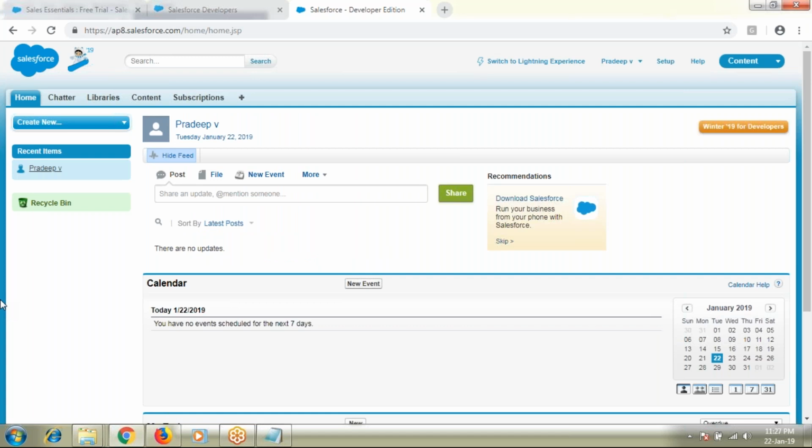What are the additional components we get for the developer role? We will see that in a future class. But I would suggest you please select developer as your role, where you will get some additional components, additional accesses. Okay, fine, thank you.